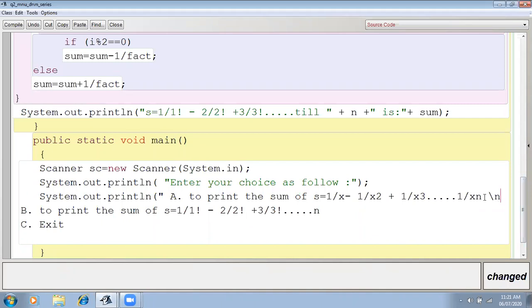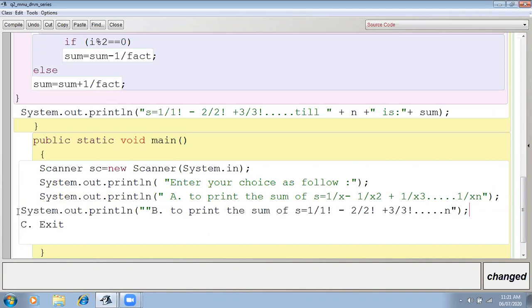Or without backslash n, you can also do it by forming different system dot out dot println. Means you can form three different statements if you want, or you can use the backslash n. It's up to you what you want to do.